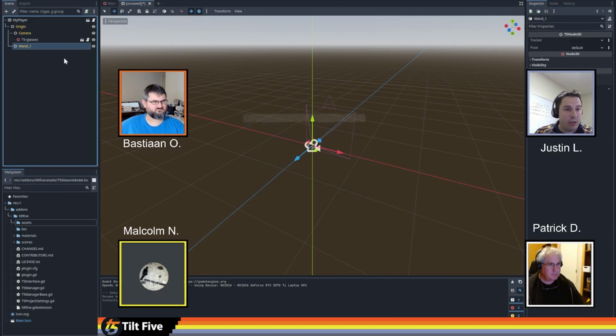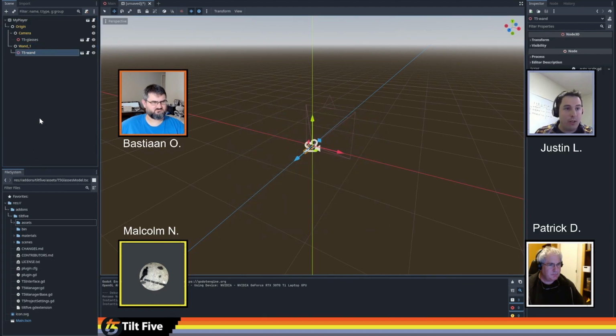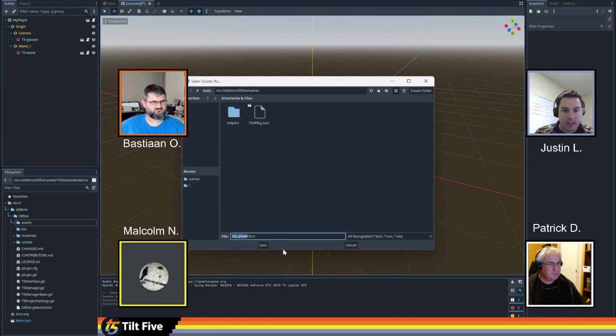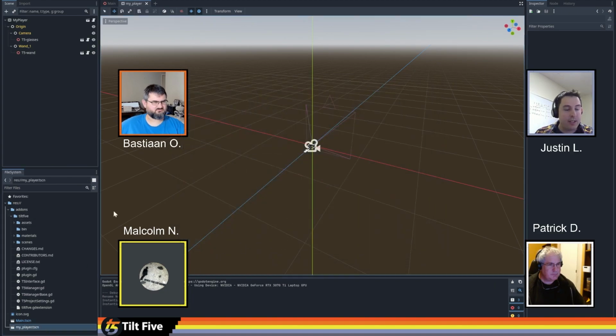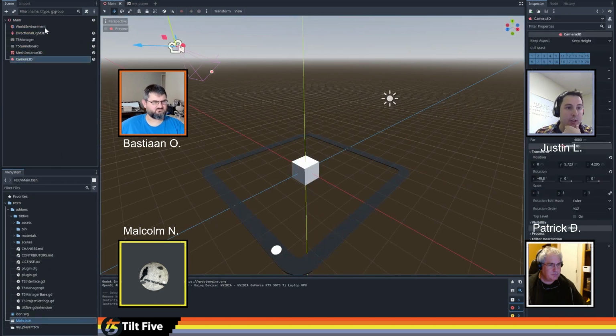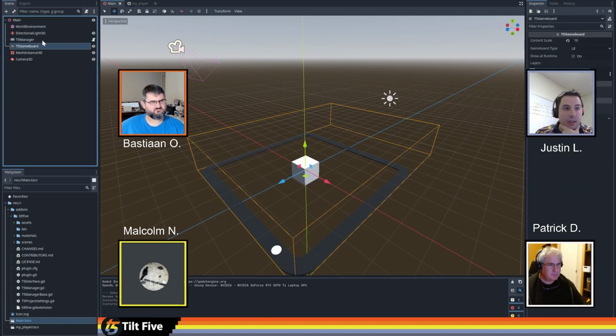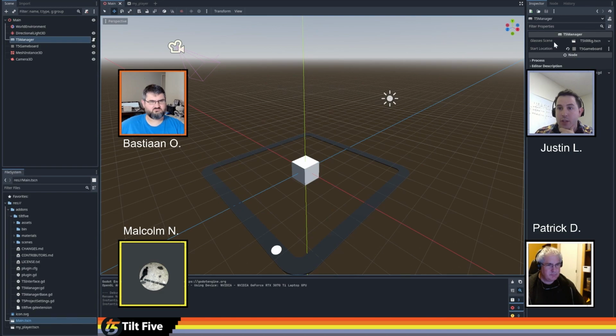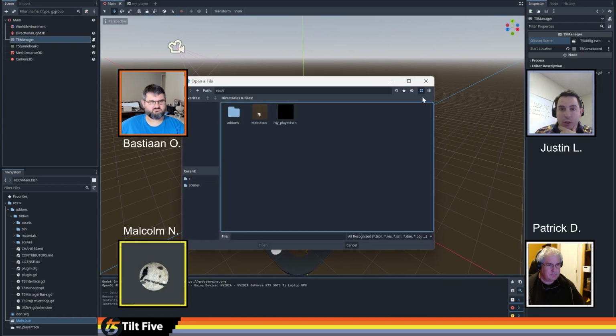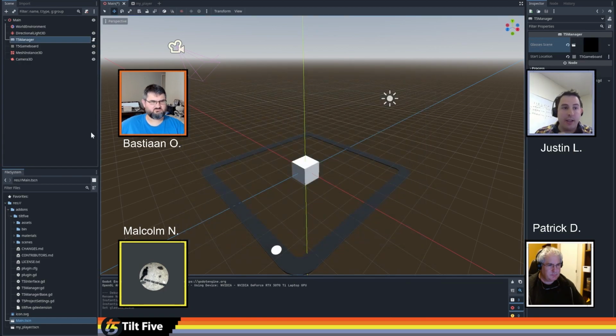And under the wand, we'll add a child scene for the wand model. Once we save this as a new scene, make sure we're doing it back in our home directory. Now we have this My Player scene. We can go back to our main scene here, and underneath the T5 Manager, we want to change the glasses scene away from the T5 XR rig. We're going to load My Player, and just like that, we should now be using the My Player scene instead